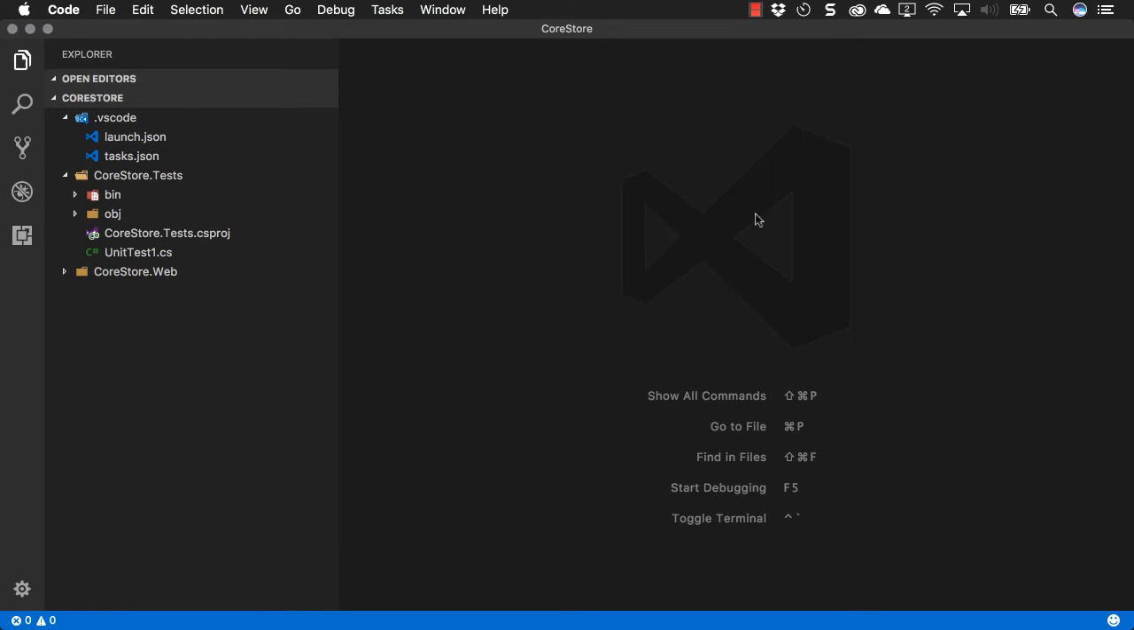Before I can write any tests, I have to have some code to test against, and I'll do that over here in the corestore.web project. Now, the empty ASP.NET Web application template only generates a very simple project that will print the text "Hello World" to the browser, or rather, it will send that text in an HTTP response to a client. So I'm going to need to add the MVC framework